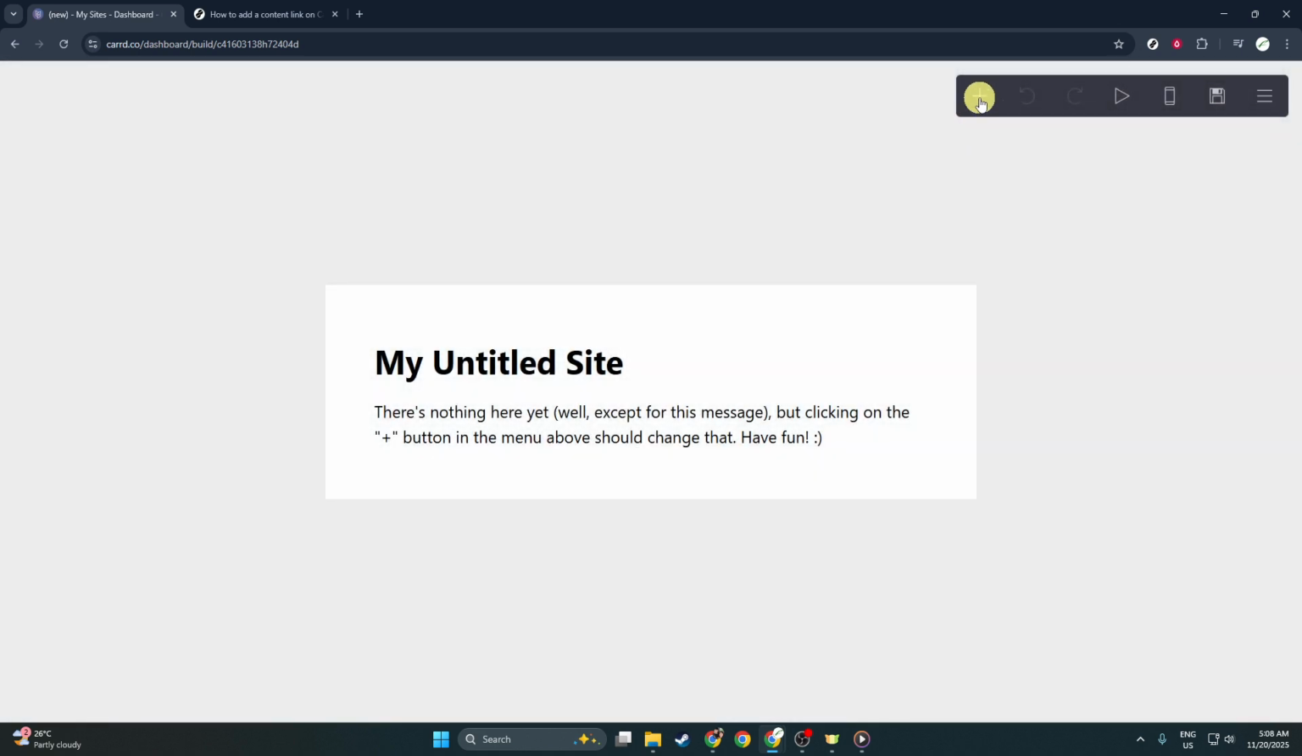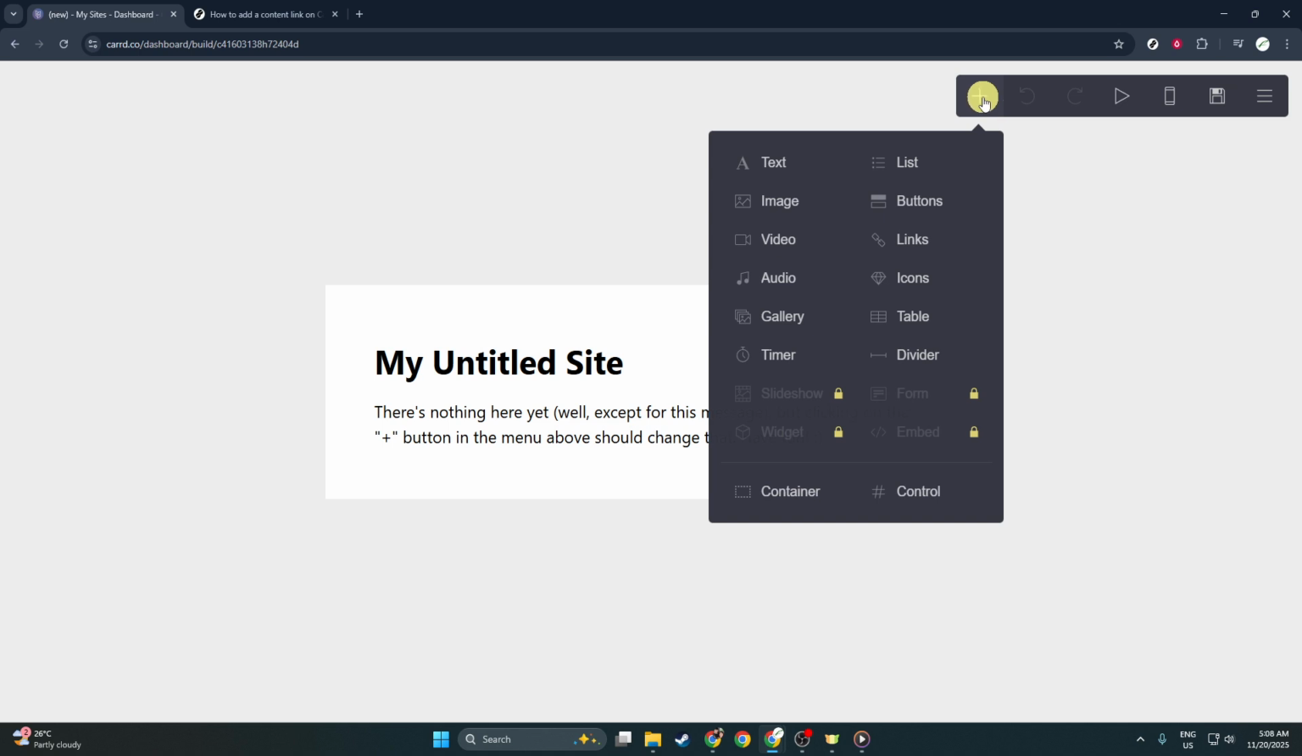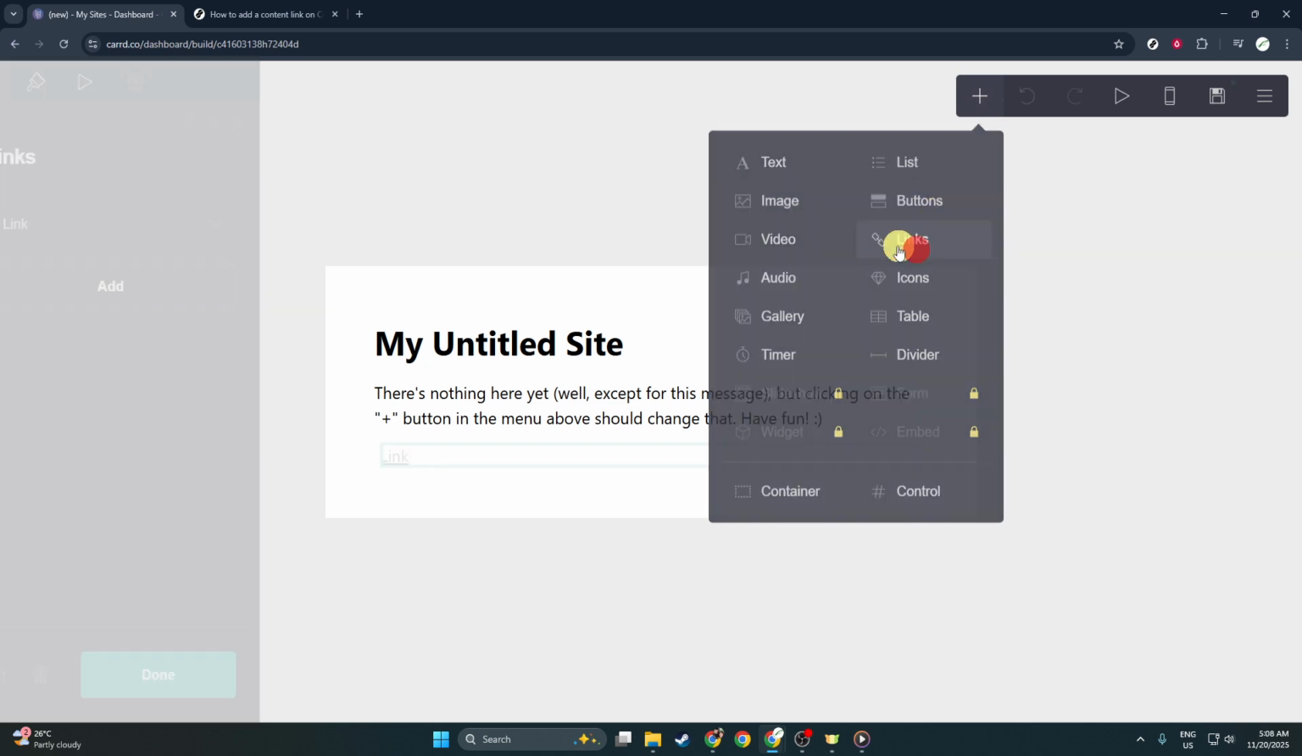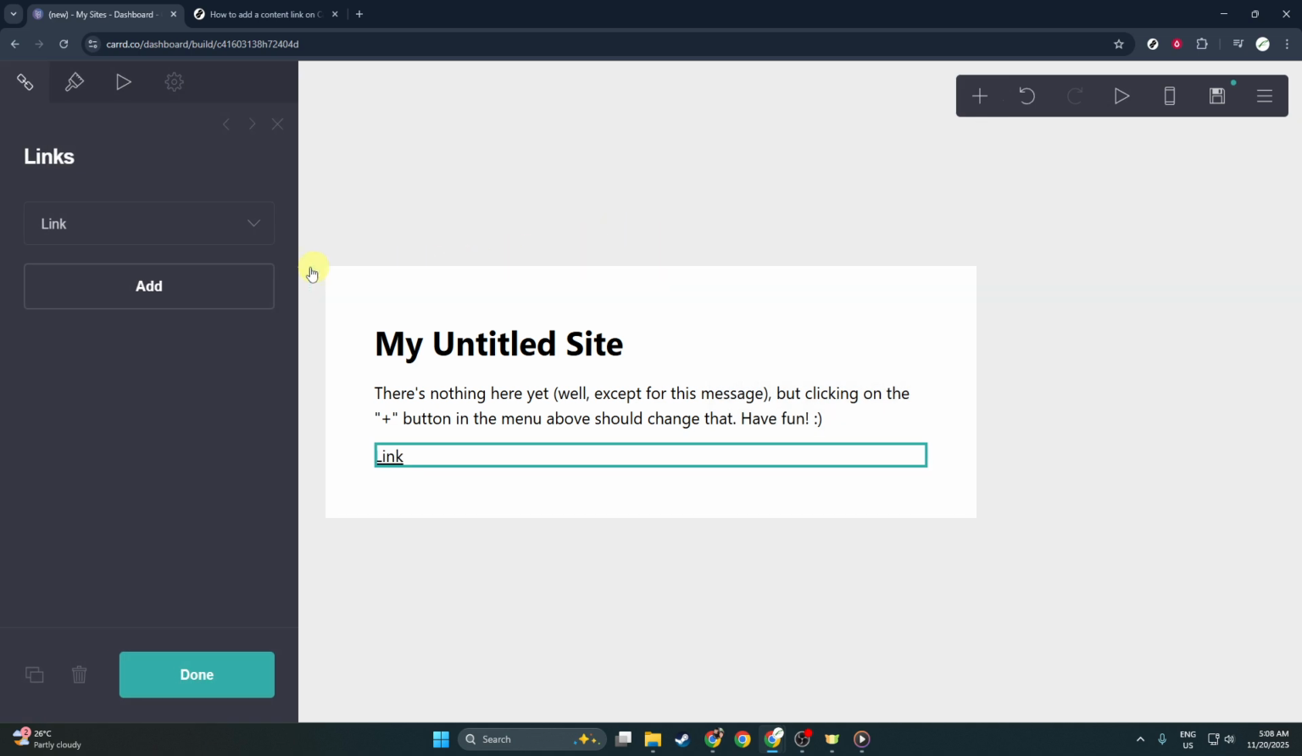You'll now be in the Card editor. Look for the add icon, which usually appears as a plus symbol on the sidebar. Click that to open the element picker. From the options, select Links. This category includes different ways to add link-based content. Next, choose Link. This inserts a single link element onto your page and opens its settings panel so you can